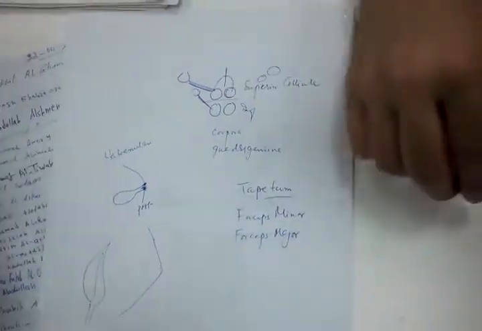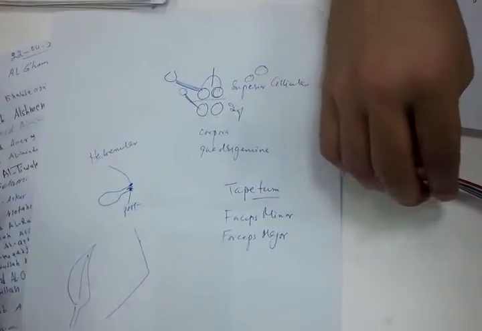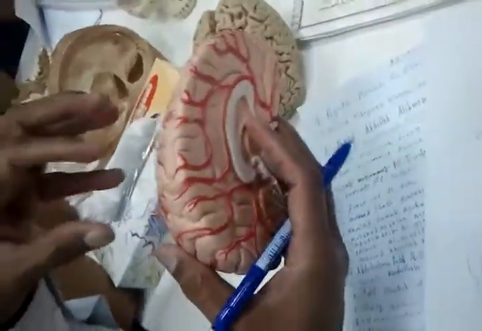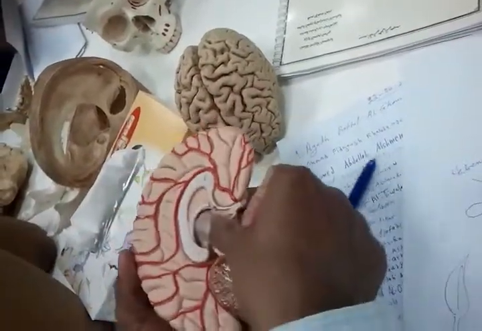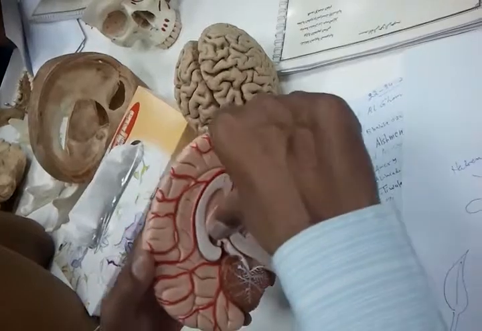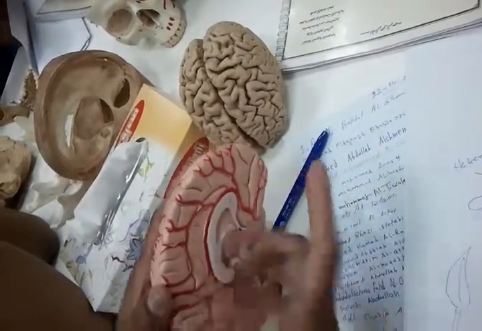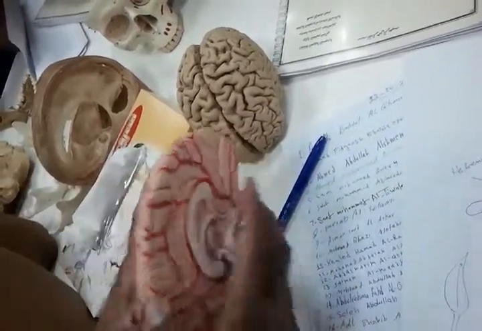Okay, now he was asking about the ventricle. This I want to let you know. The lateral ventricle is a cavity present in the cerebral hemisphere. The third ventricle is the cavity of the diencephalon. Midline cavities should be wide, but this is wide on the left side and on the right side.